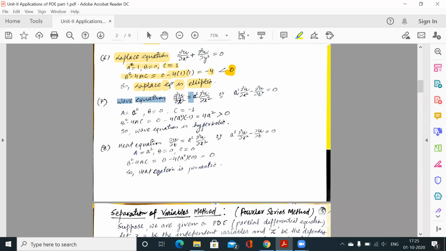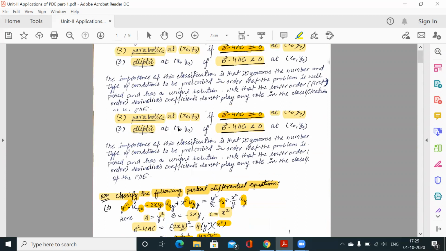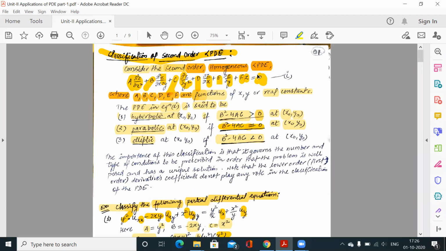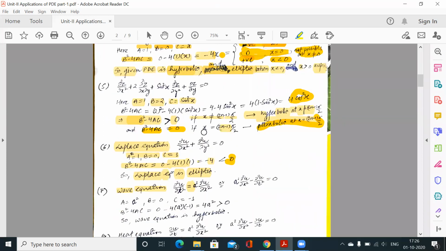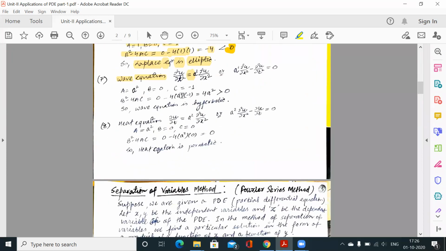This is the wave equation. We have to shift terms to one side, because we started with the general format where everything is on the left hand side. Because there are two terms, one on the left hand side and one on the right hand side, I have shifted. You have to keep all terms on one side, so either bring this on this side, or bring this on the right hand side.